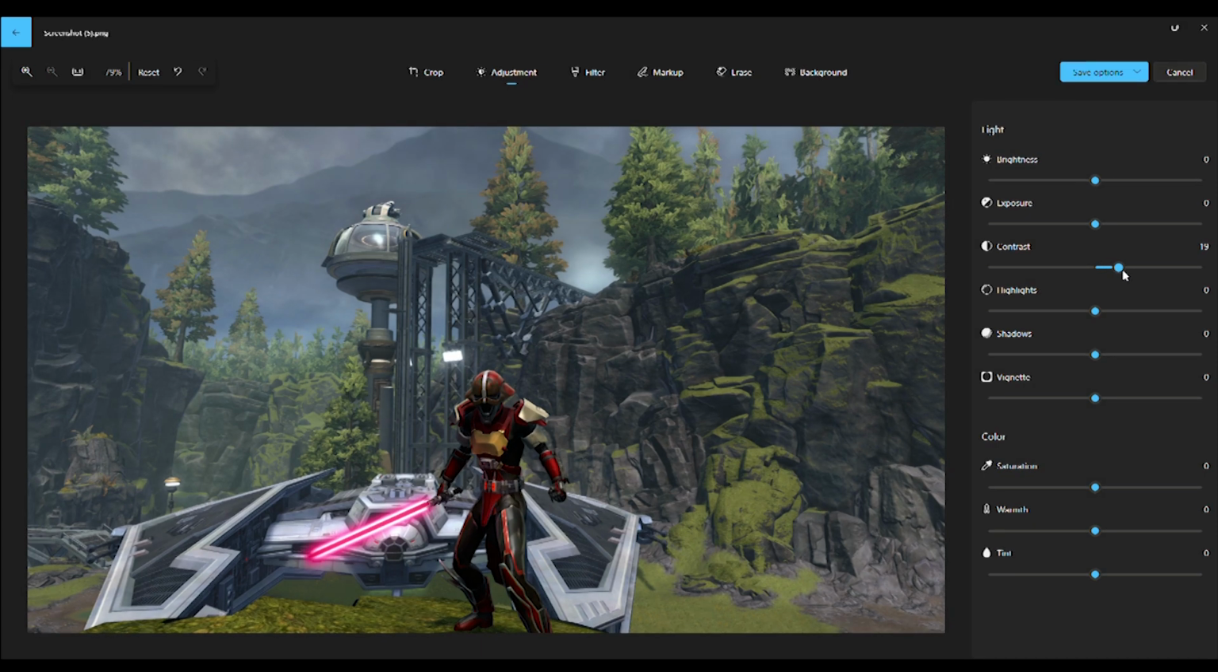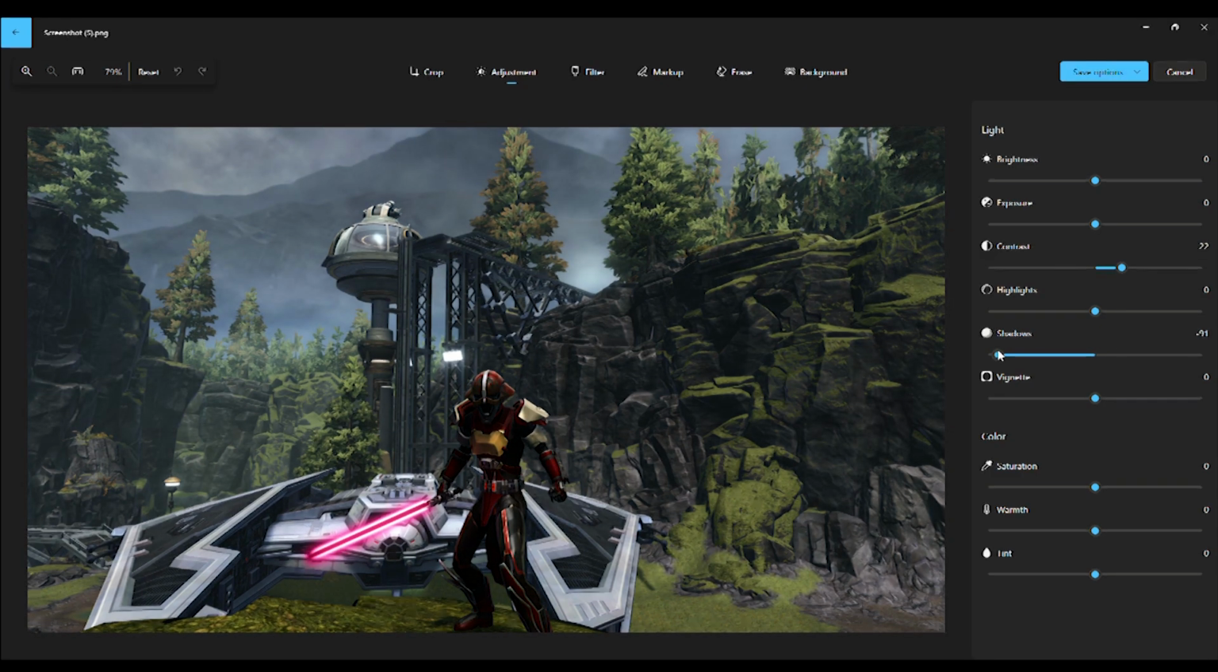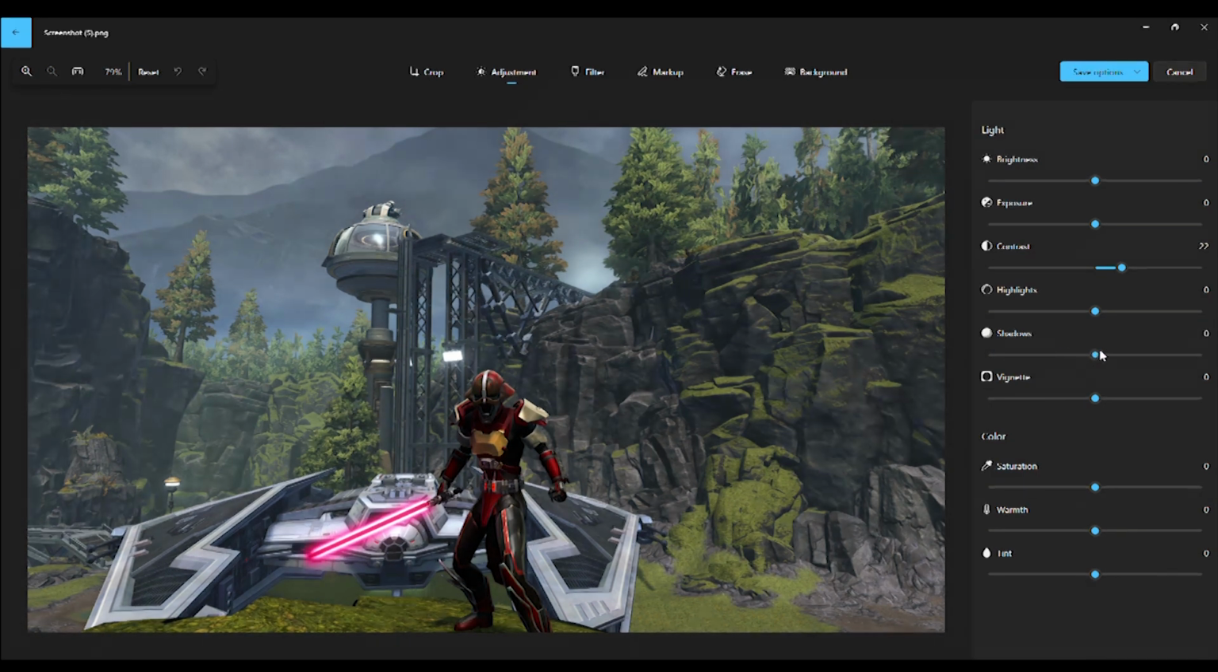I like to increase the contrast. Then sometimes I like to reduce the shadows so that I'm sure that everything is visible. Sometimes increasing the shadows can make it look the way you want. So you have to play with this. In my case, I'm going to reduce the shadows. I'm also going to increase the saturation to make all the colors look more vivid,